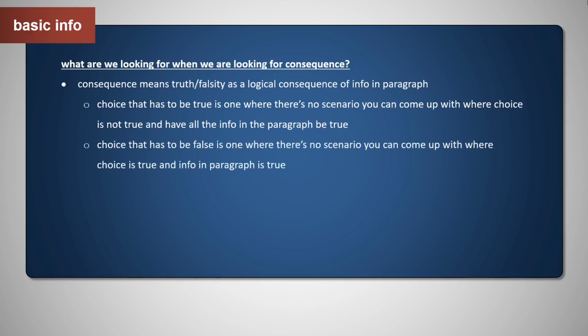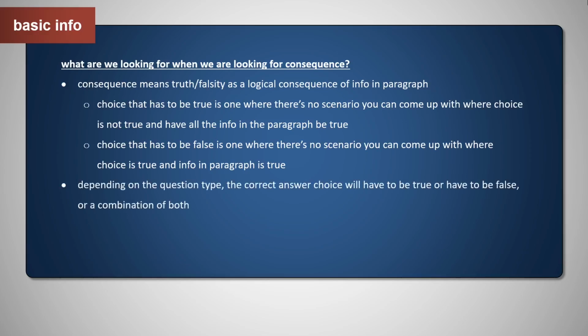the argument. And the choice that has to be false is one where there's no scenario you can come up with where that choice is true and the information in the paragraph is also true. So once again, if you're being asked for something that has to be false, to say that the falsity of something is a logical consequence of information means that there's no way that thing could be true without there being a contradiction with the information in the argument that you're given. So that's what truth and falsity is. If something's true, there's no way you can falsify it. If something's false, there's no way you can make it true without creating some